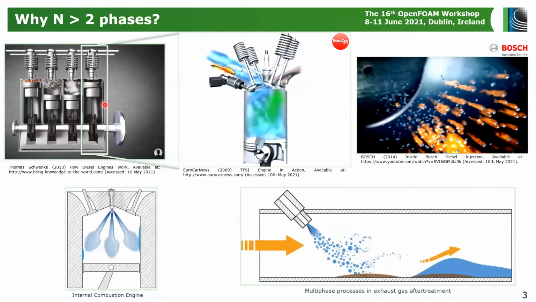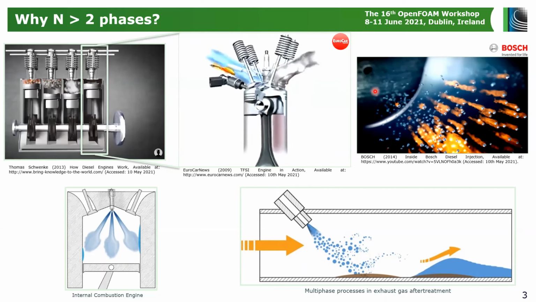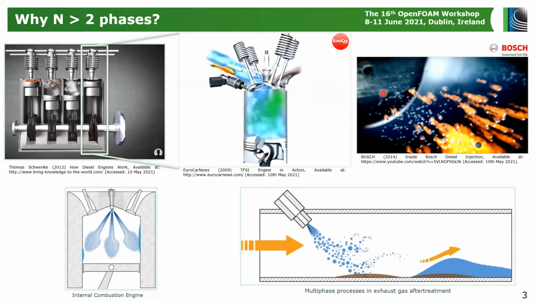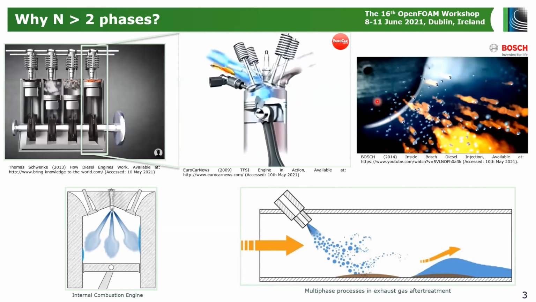For example, if you look at the internal combustion engine and we consider one single cylinder, we can see that during the intake stroke, where the fuel droplets are sprayed, we have tiny droplets that collide with the wall, which is lubricated by oil. These very high-speed tiny droplets are what we are considering.